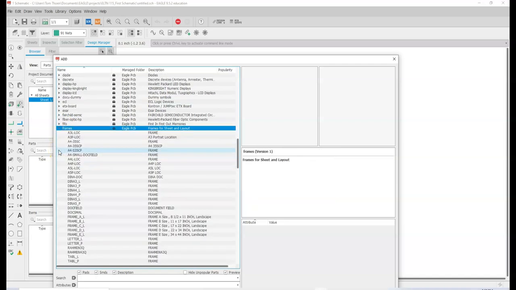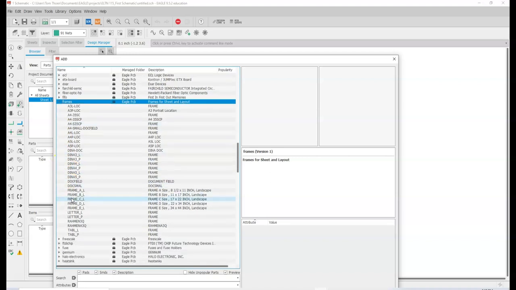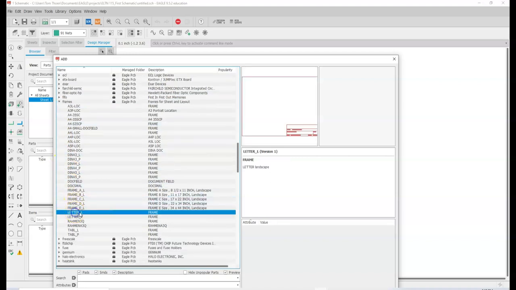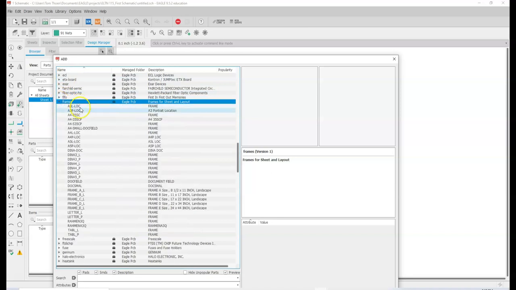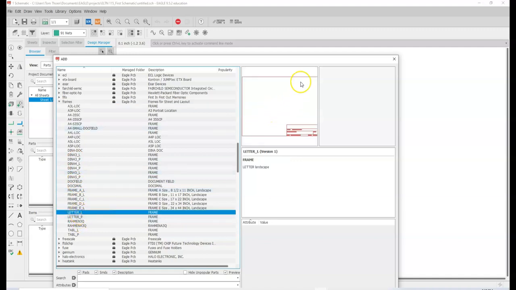And I'm going to start with a small frame here, the letter L frame. And you'll see a couple of things here. First of all, I can expand or collapse any one of these libraries that I'm using. In this case, I'm expanding it, and I've selected this letter L here. Okay, and it shows this image here showing what it is that you're expected to see on the